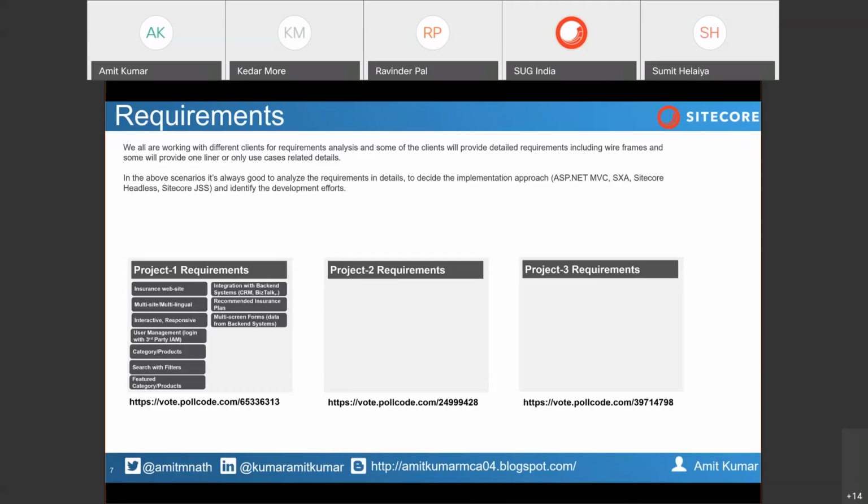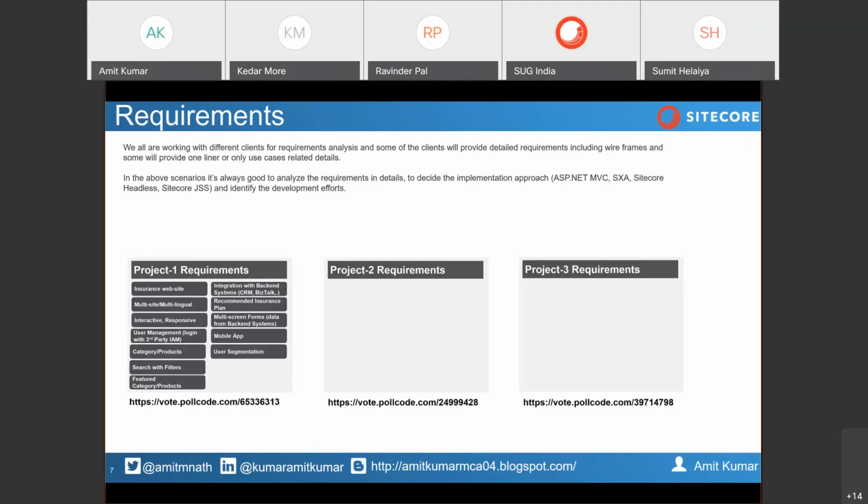For any insurance portal or similar site, you generally see multi-step forms with more than 40 fields. You will have many such forms, and separate mobile apps need to be created for this project.